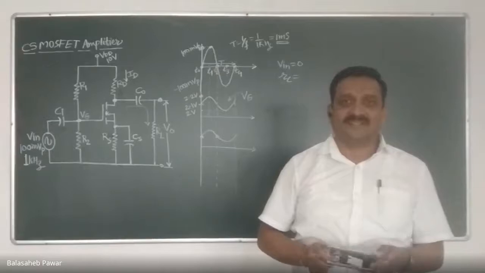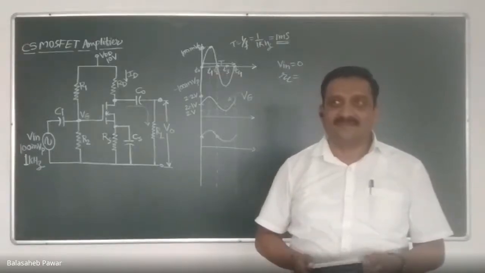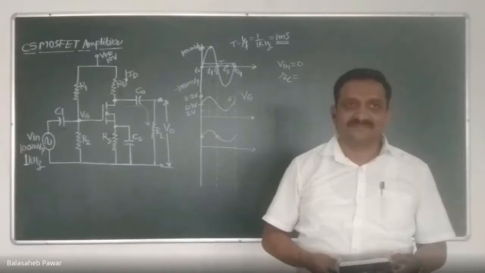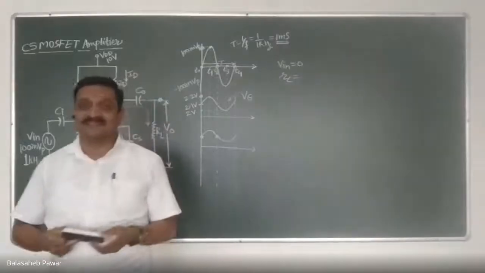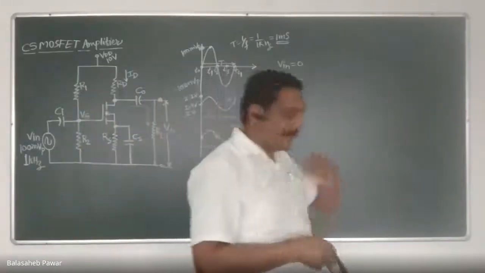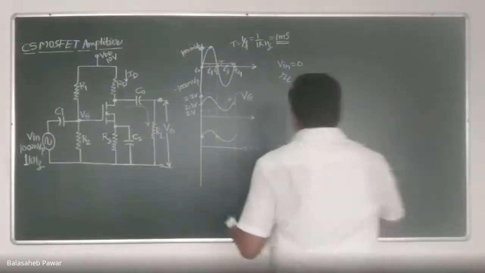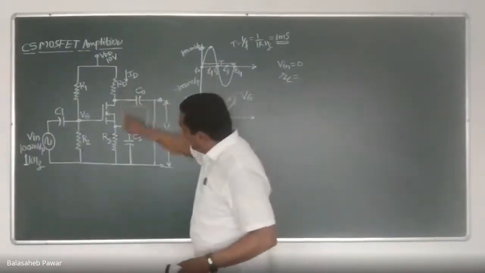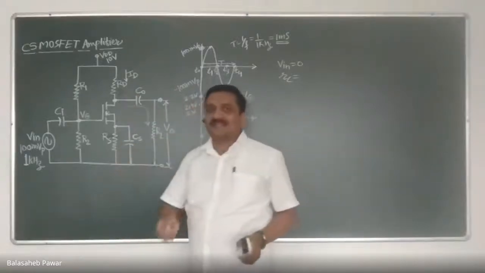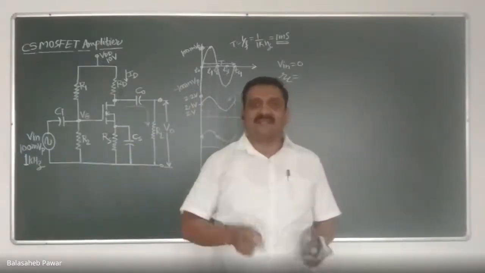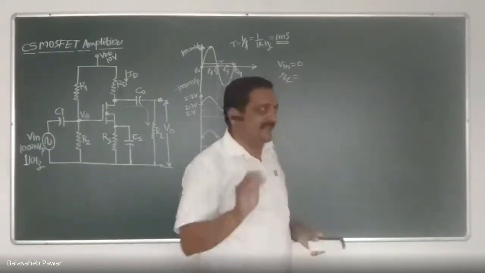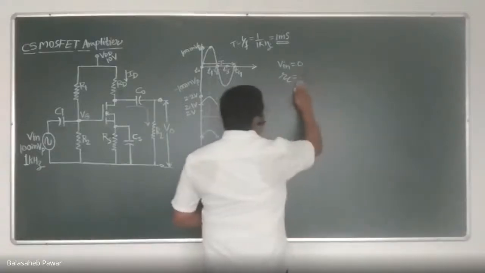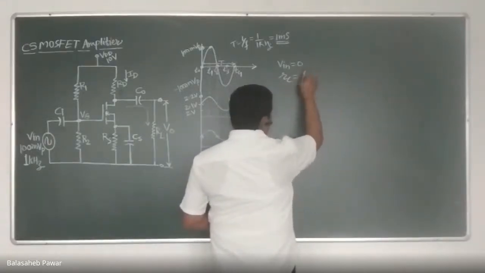How much ID did we get yesterday during the practical? We are not considering any input, right? Are we getting it as 0? No, sir. That current was the quiescent drain current, 2 milliampere. So why is that current flowing as 2 milliamp through this device? Because that channel is not providing infinite resistance. Remember, the resistance offered by that channel is finite. Are you agree with this? So this RC will not be infinite. This will be finite.